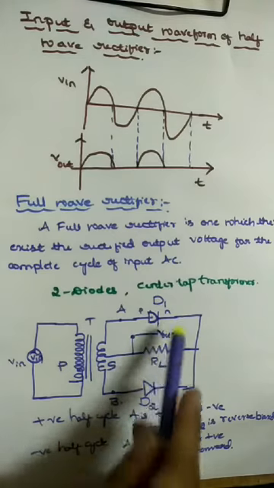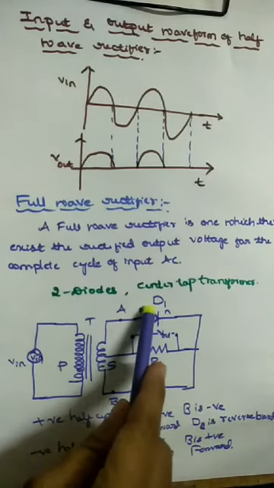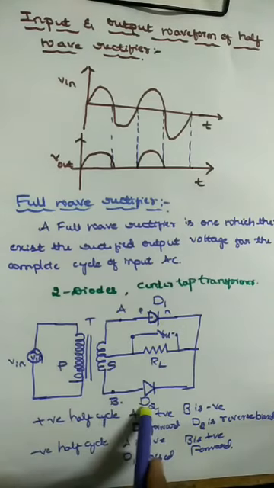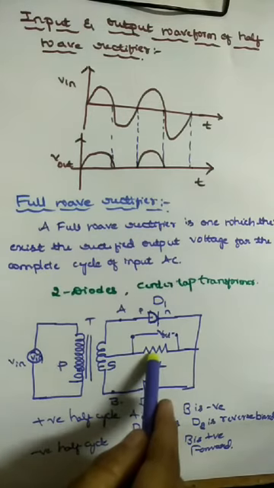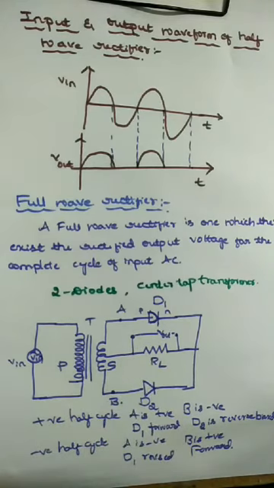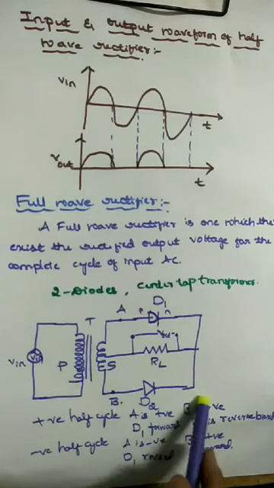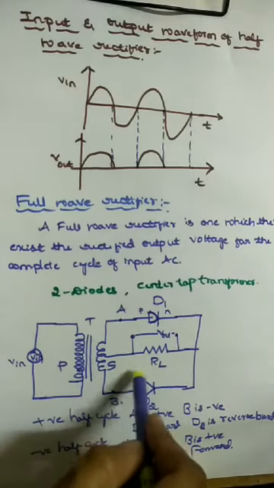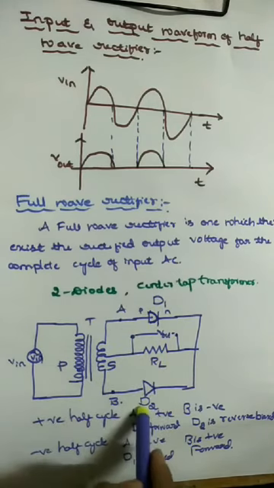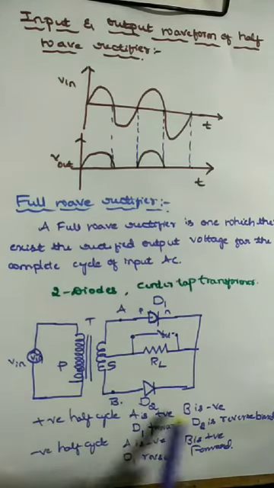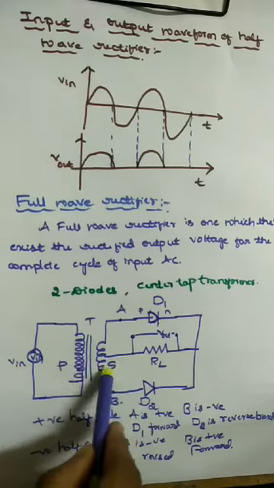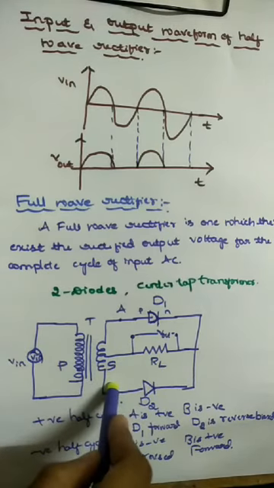Similarly, we use two junction diodes, D1 and D2. At D1 we consider point A, and at D2 point B. This is the load resistance RL. The secondary, diodes D1 and D2, and RL are in a parallel connection. So when the current is applied along the primary, the voltage for the input of the rectifier is generated in the secondary coil.